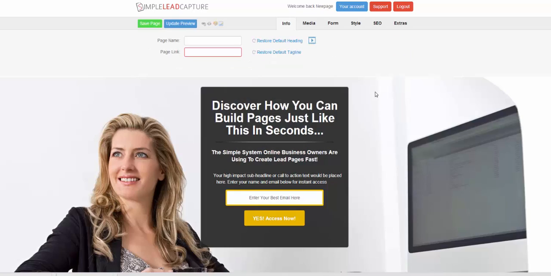Alright, so I'm going to select the one that I created before, so I've got a second copy, so I'm familiar with it. So here's what you do. In the top box here which says page name, put in a name that you're going to want to use just as a reference point. Okay, this is not something that anyone else is going to see. It's just for your eyes only. All right, so put in whatever you want,